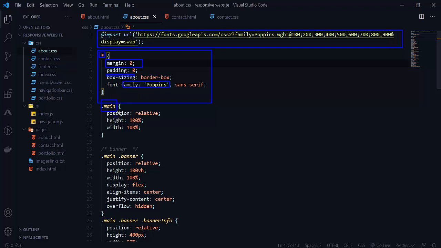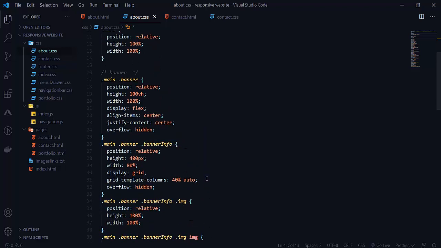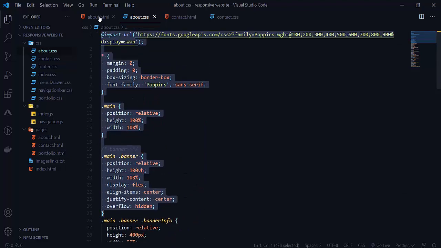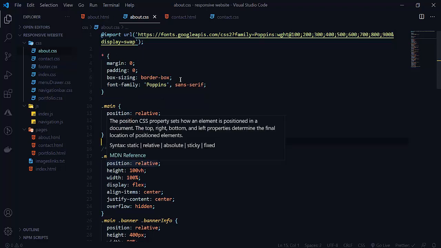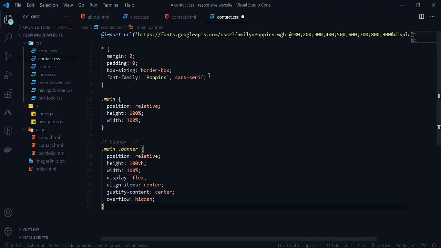And there is a division with a class name. As we have a name, that's what we want here. As we have a banner also, we want CSS for the banner. We just have to change our banner info. At last, we don't want the whole code, we only want this common code, which is still our banner here. So let's copy this into the contact section here and save it.